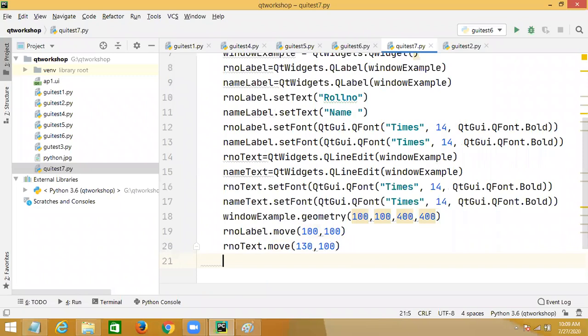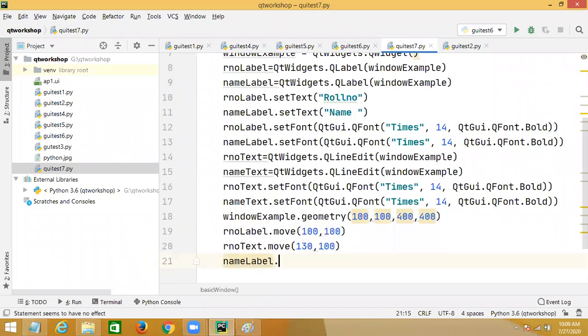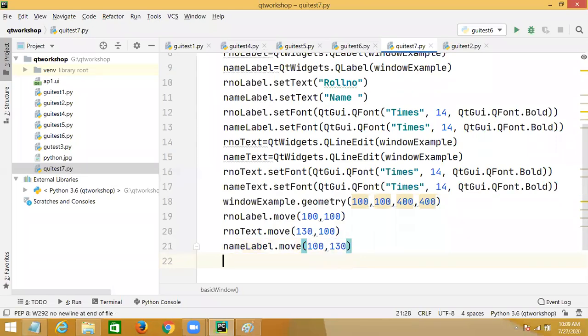Then name label dot move. I give 100 as x and 130 as y.